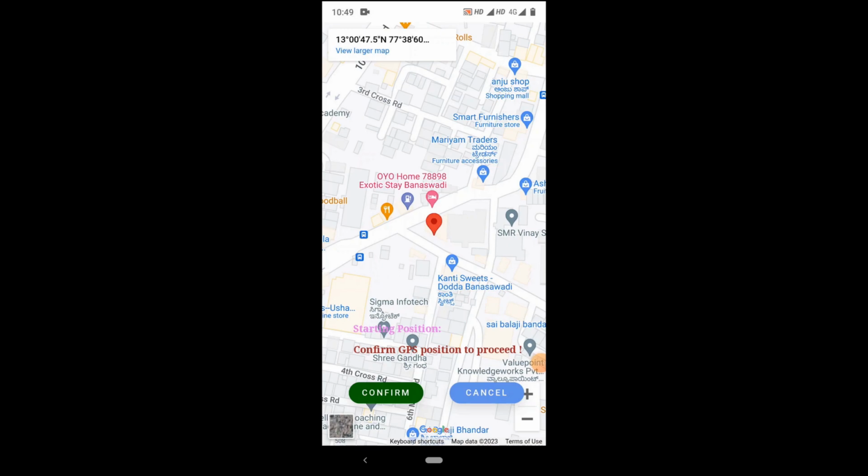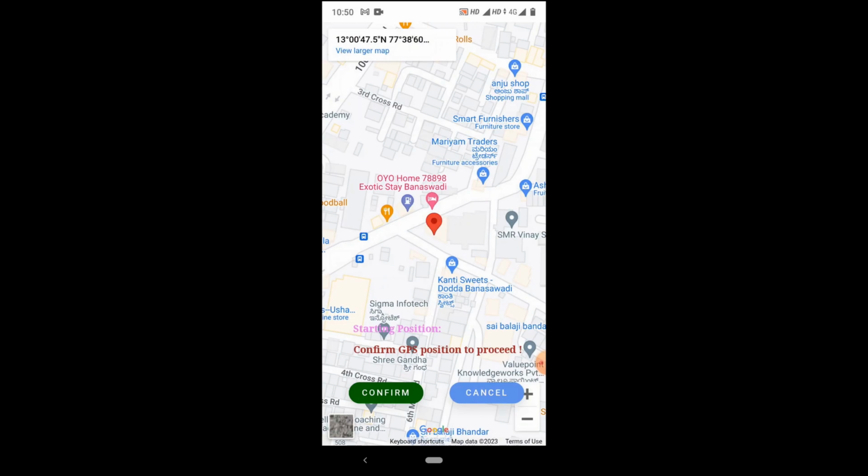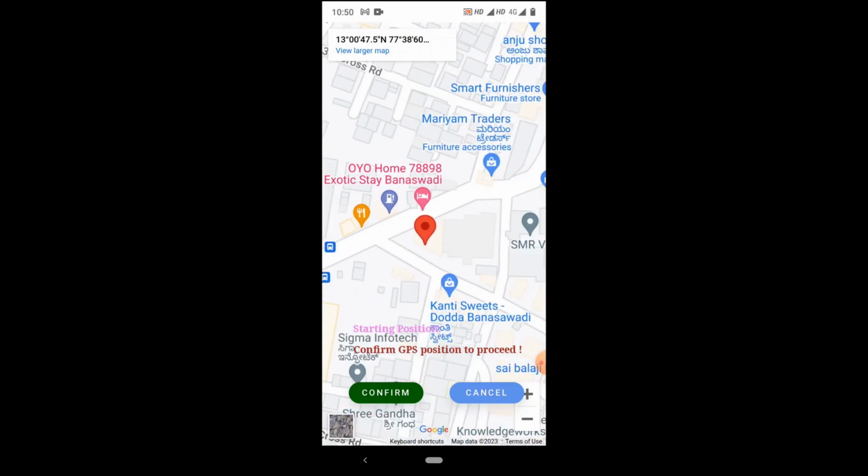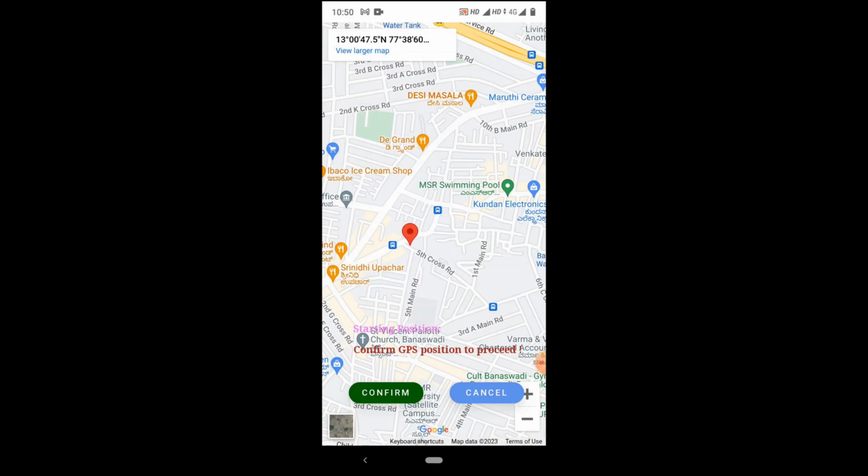So now here you have to be very careful. Some people confirm even before the GPS screen loads, but sometimes the map won't be showing the exact location. So you have to wait for the map to load and see where the location is showing. So in case the location is not exact, you can refresh the map. I'm just dragging down or swiping down. So now my map is refreshed and now I am confirming the location. So here the location, which is showing in the map, is exact. So I am confirming here.